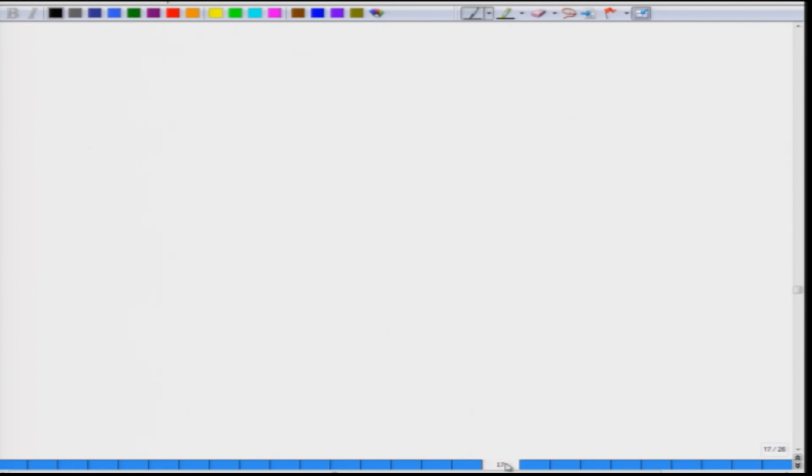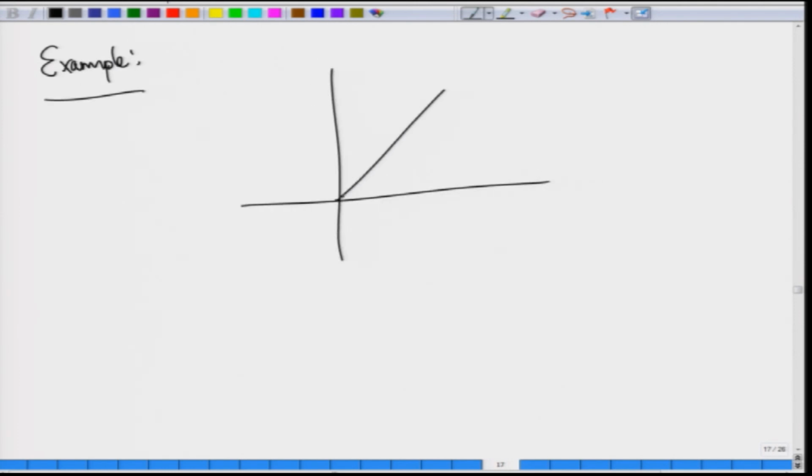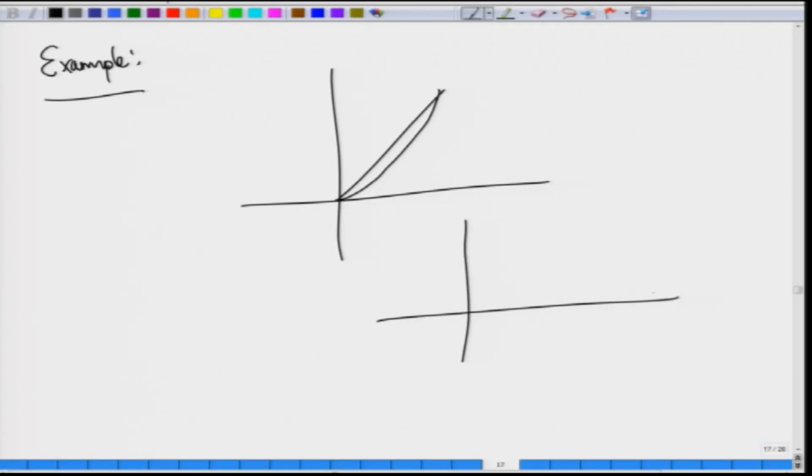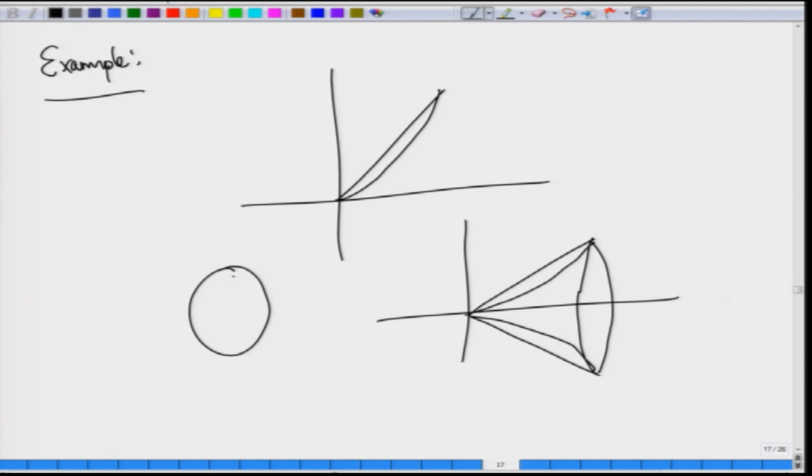Okay. So, now suppose we have another example, a region something like that which is bounded by. Now I am rotating this along the x axis. So, what am I going to get? I am going to get a picture something like this. Now, in this case, if I take the cross section, what I am going to get is this and this.